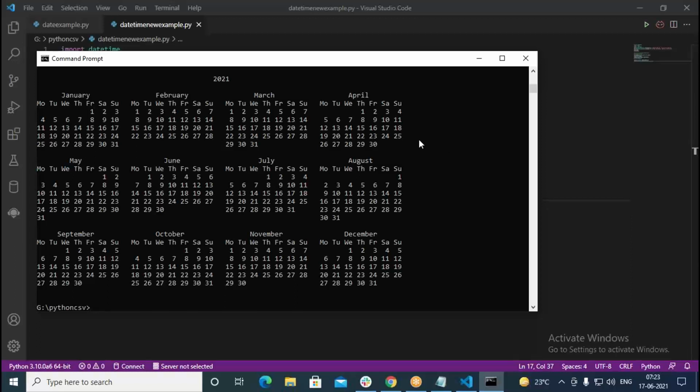So this is exactly it: calendar, followed by the year you need to specify. Then we specify the width between the 2 columns. Okay. Then after that, how much space between the 2 months we need to specify. Then how much space you want to have between the 2 lines, how many blank lines you want to have, you need to specify. Then similarly, how many months in a row you want to show. We are showing here 4 months in a particular row. Like this 4 months are coming, January, February, March, April, like this it is getting formatted.